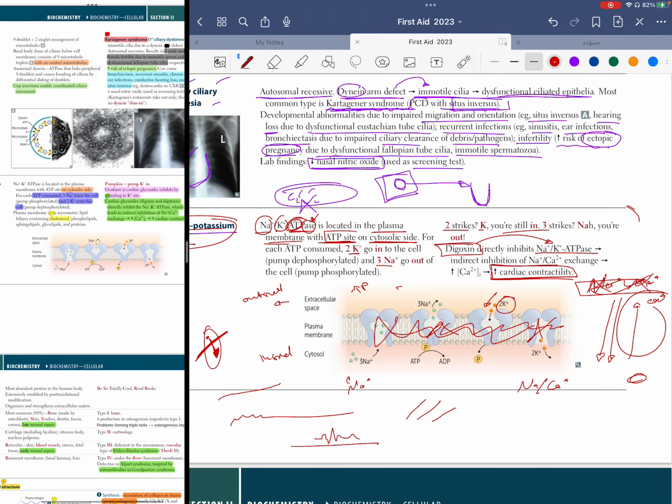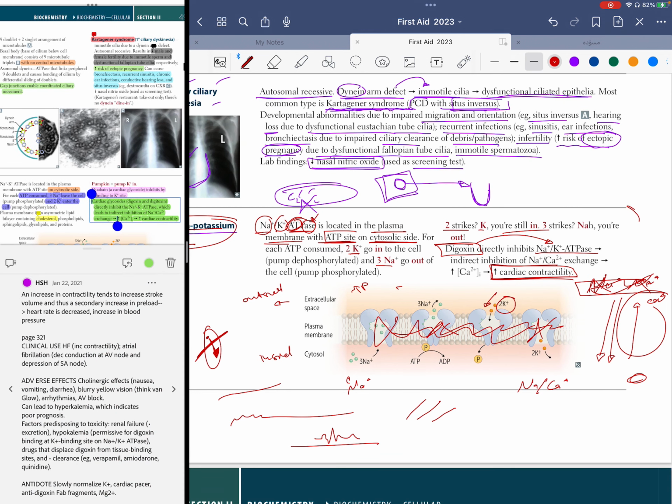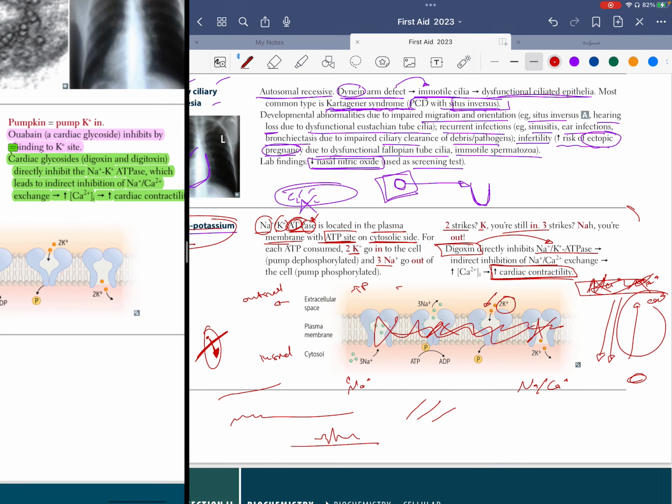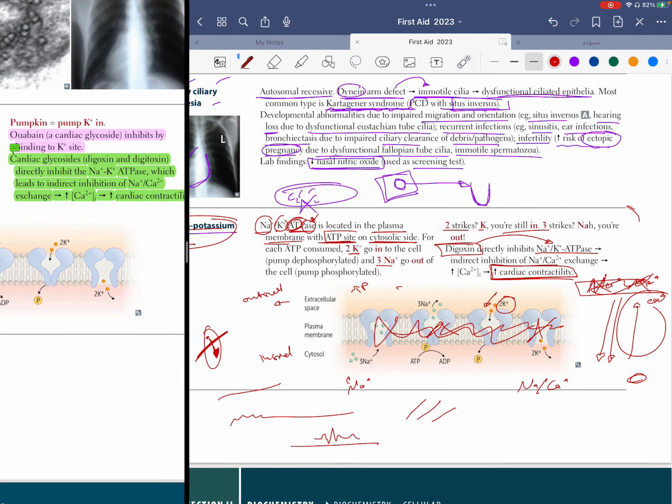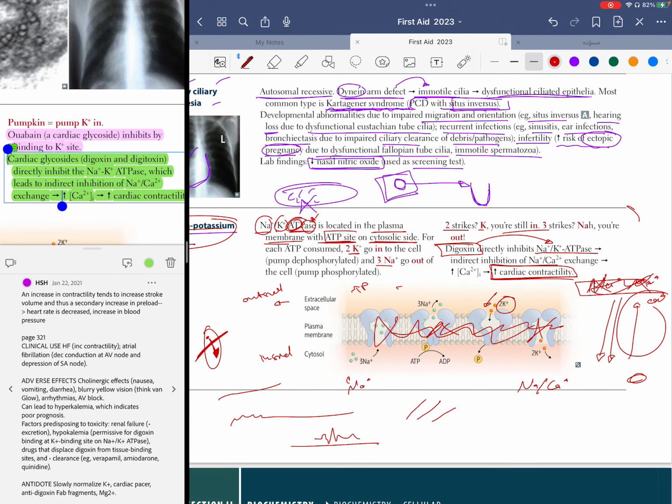Okay, so cardiac glycosides, that's digoxin and digitoxin, directly inhibit sodium potassium ATPase, which leads to inhibition of sodium calcium exchange, leading to increased intracellular calcium and cardiac contractility. An increase in contractility tends to increase the stroke volume. Yes, because we are increasing contractility, we are increasing the